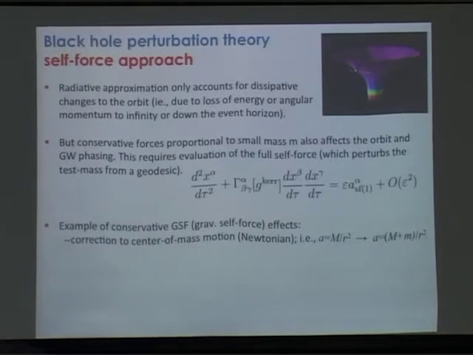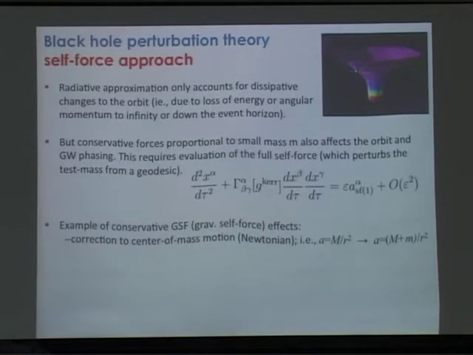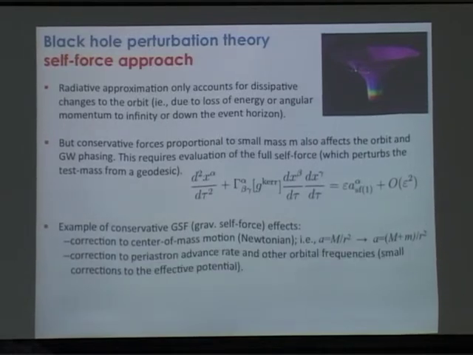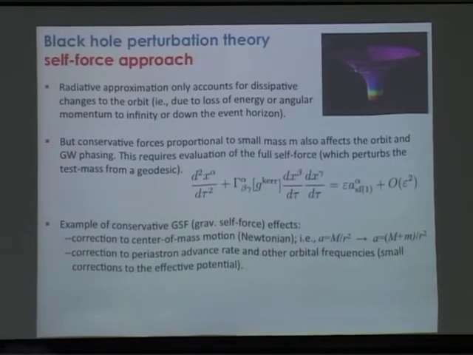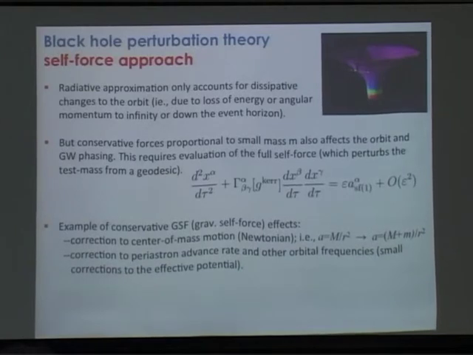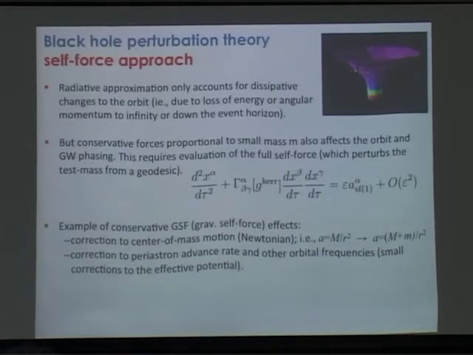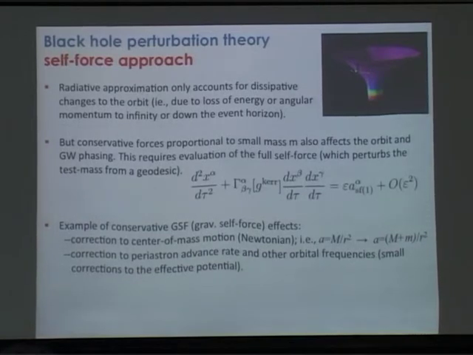So in Kepler's law, for example, for a binary, there's a correction that depends not only on the mass of the bigger object, but on the mass of the smaller object. That's one simple kind of conservative effect. Another kind would be a small shift in, say, the rate of periastron advance of Mercury around the Sun due to the mass of Mercury. And in general, all of the orbital frequencies, if I had some complicated curved geodesic, are going to get shifted a bit, with some dependence that's proportional to the mass of this small particle.